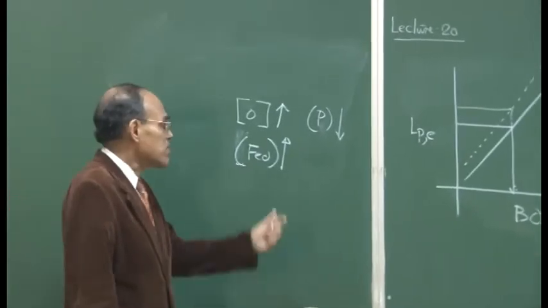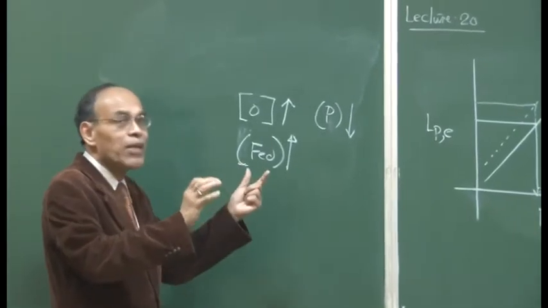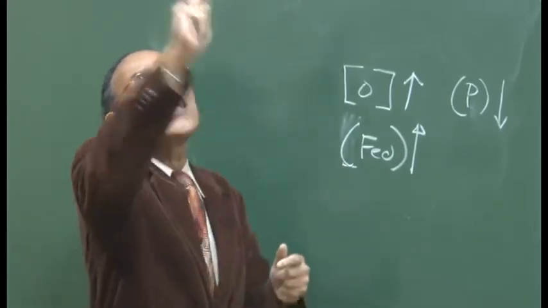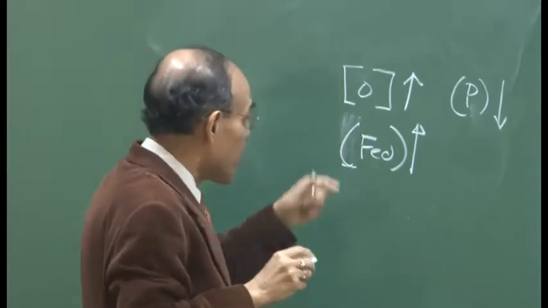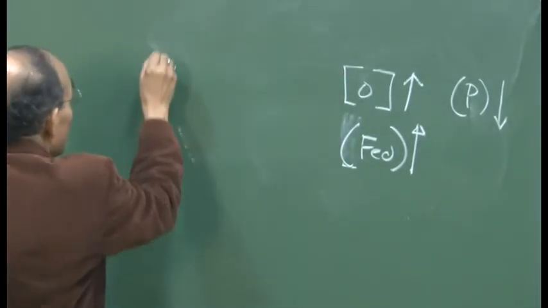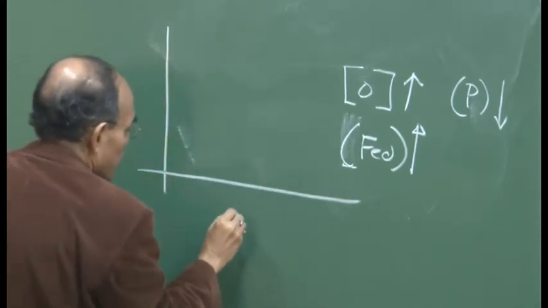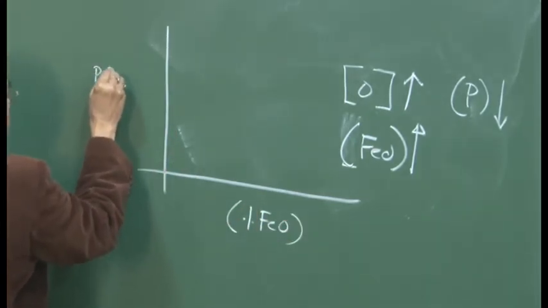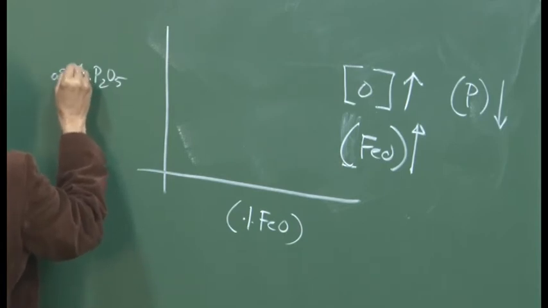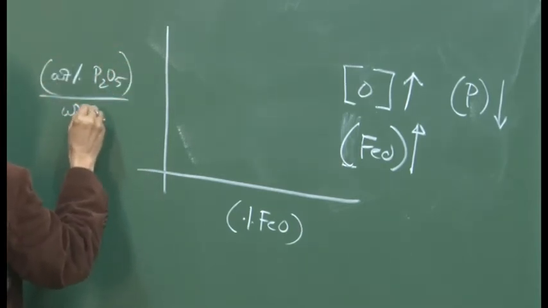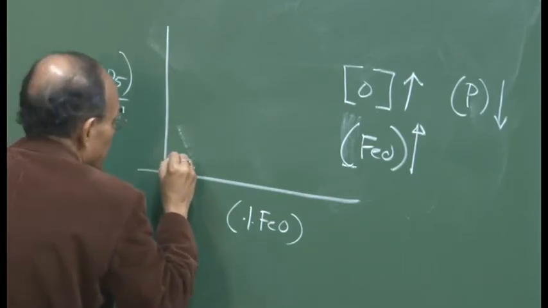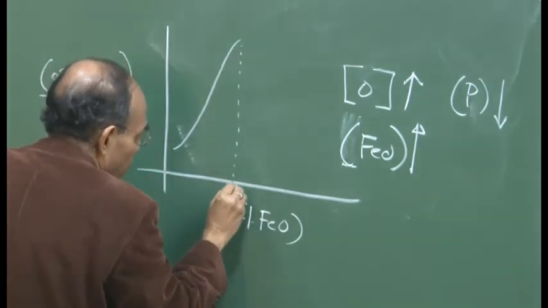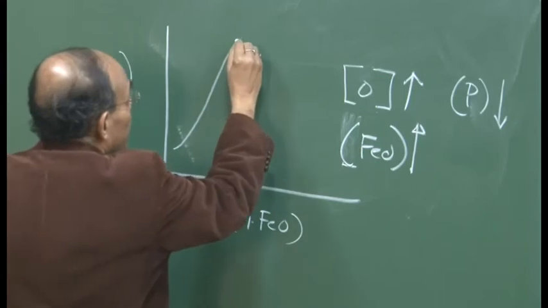But this is not applicable across the entire range. I do not mean to say that it is monotonically going to increase. That is not the case, and I will explain why it is so. Basically, it is seen that with the content of iron oxide in the slag, if you plot weight percent P2O5 in slag divided by weight percent P in metal, then this value goes up and attains a maximum around 15 weight percent of FeO, and then what happens is that